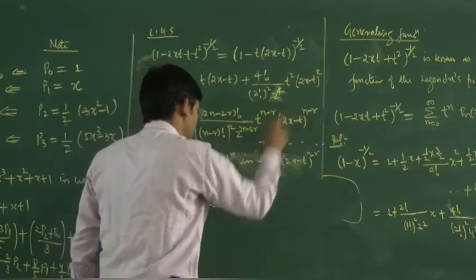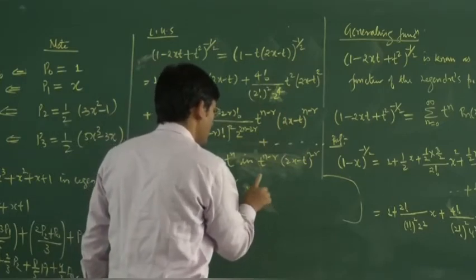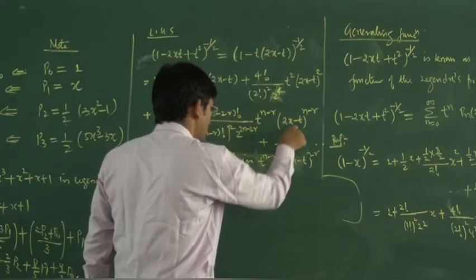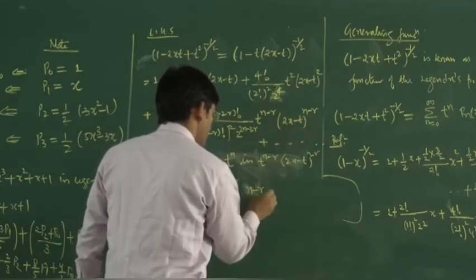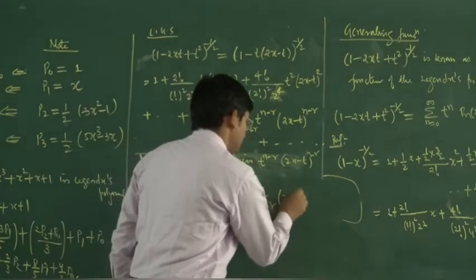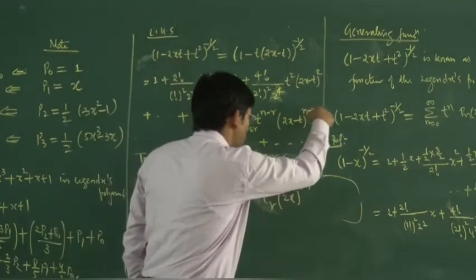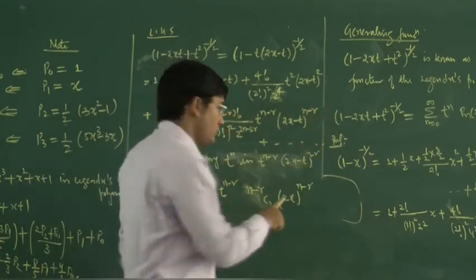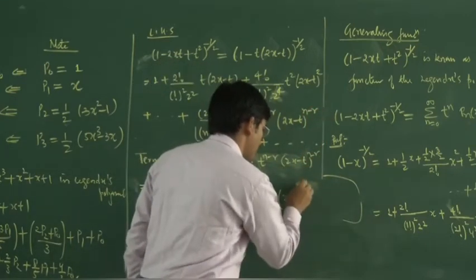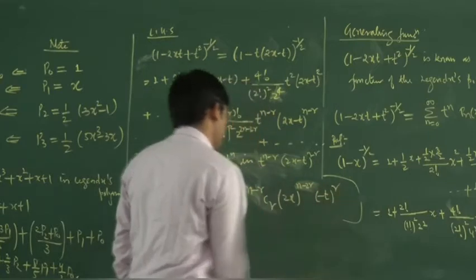Now just calculate the general term. So this general term will be your nCr. So here we have n minus r C r, x power n minus r. Then we have n minus r, now in place of n we have n minus r. So this will be your (n minus 2r) into a power r, so that is (minus t) power r.